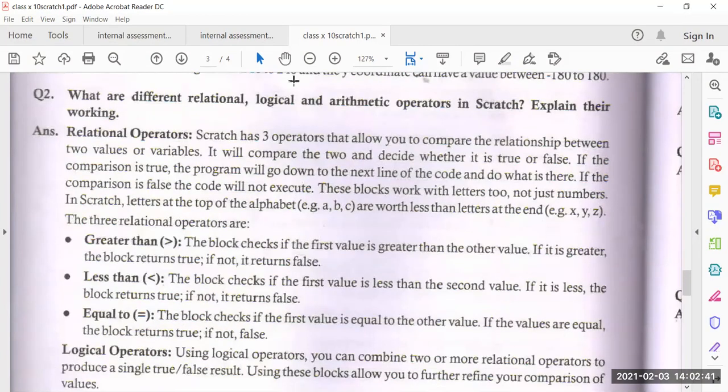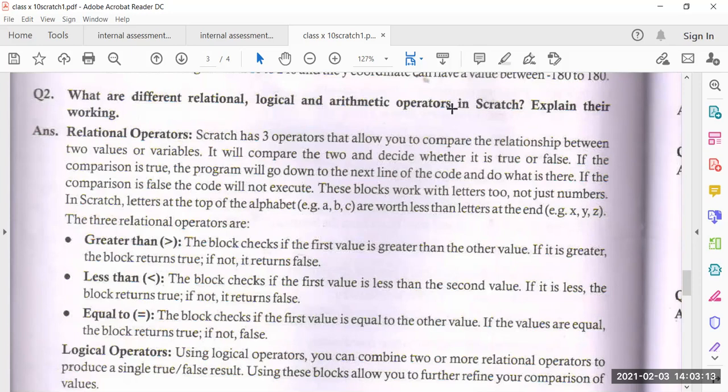Next, what are the different logical, arithmetic operators in Scratch? Logical operators, relational operators, and arithmetic operators. First I am discussing relational operators. Relational operators are greater than, less than, equal to, greater than or equal to, less than or equal to, and not equal to.